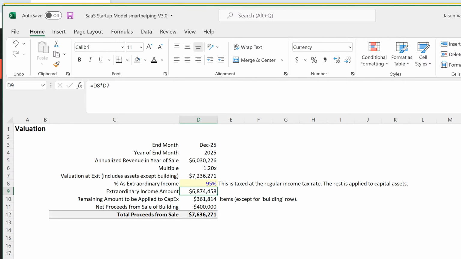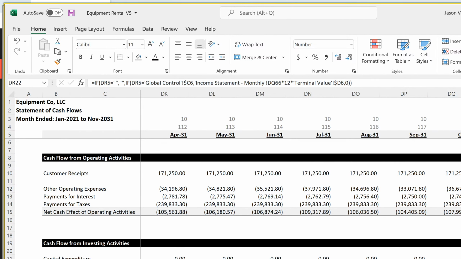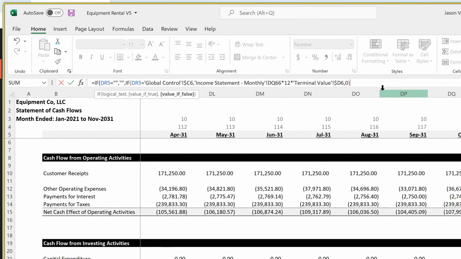Okay, so here's the deal. I know exactly what's going on. In the sale of business, we don't want to include the amount for fixed assets. That's a sale of fixed assets. So we only want the sale of business portion. So what we have to do here is subtract. Hopefully it's not a circular reference error, or else I'm going to redo a lot of stuff. We have to subtract